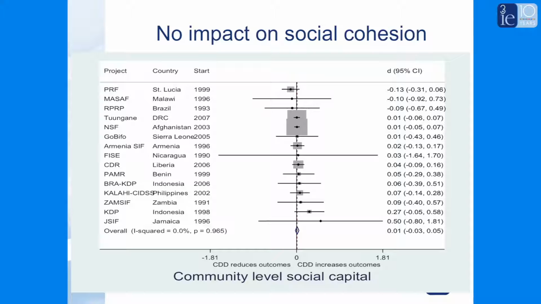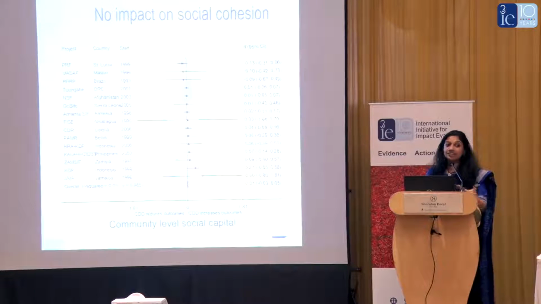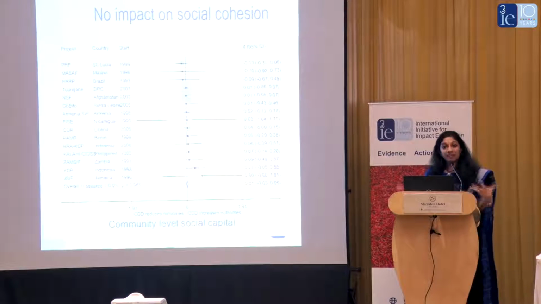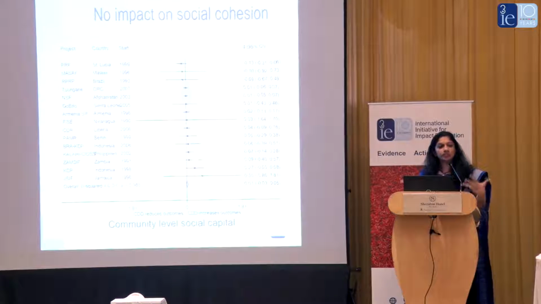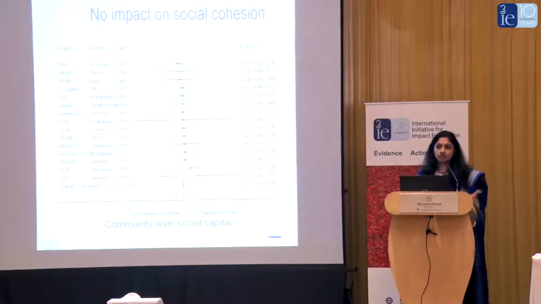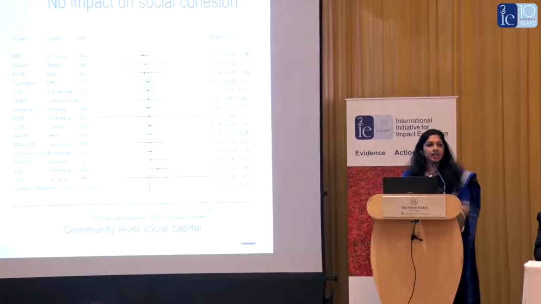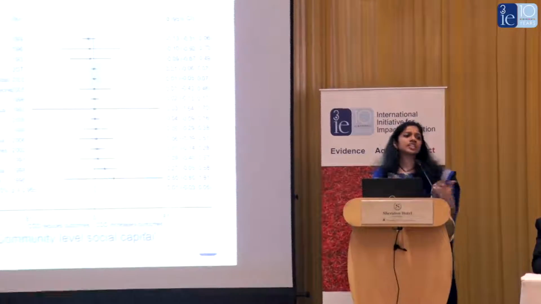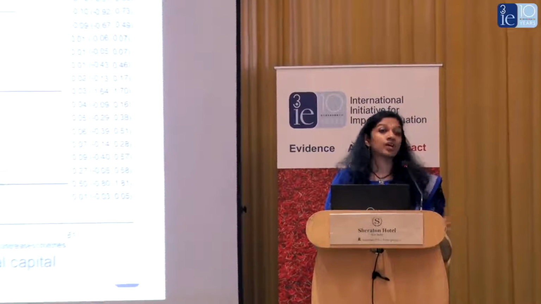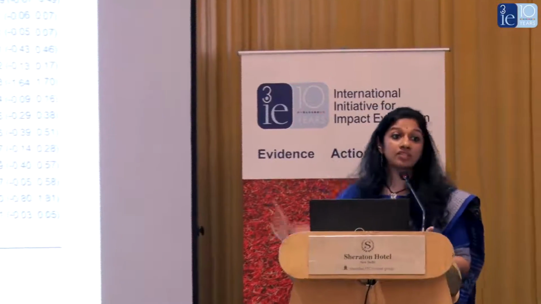And you see there's no heterogeneity. So there is absolutely no variation. All of them are just stuck to the line. And there is a diamond, I promise you, at the bottom, but it's so much on the line that there is no effect. So basically what it means is that CDD programs have no effect on social cohesion. A lot of papers say that further research needs to be carried out. This is an area where you don't need further research because all of these studies say so.